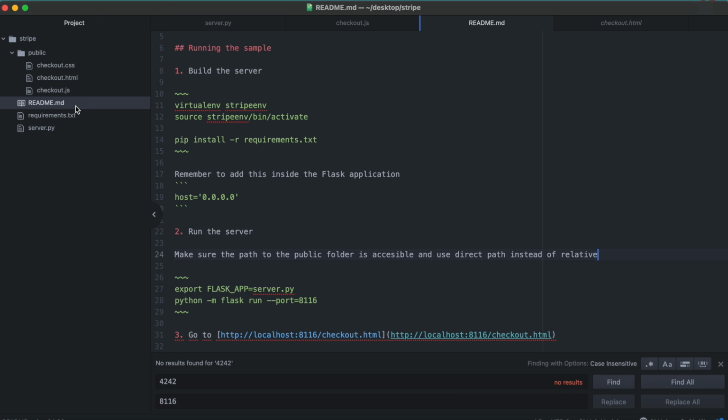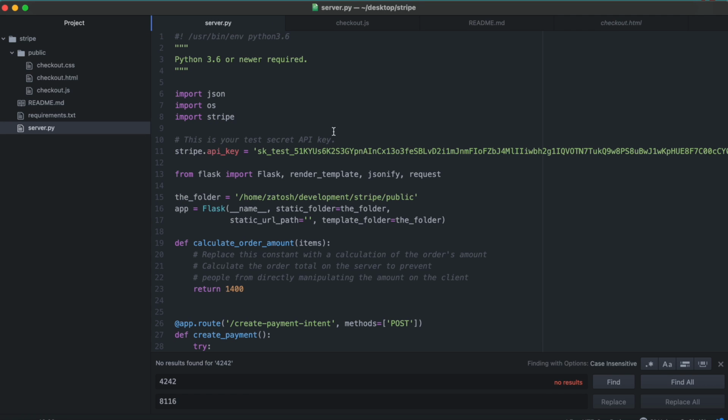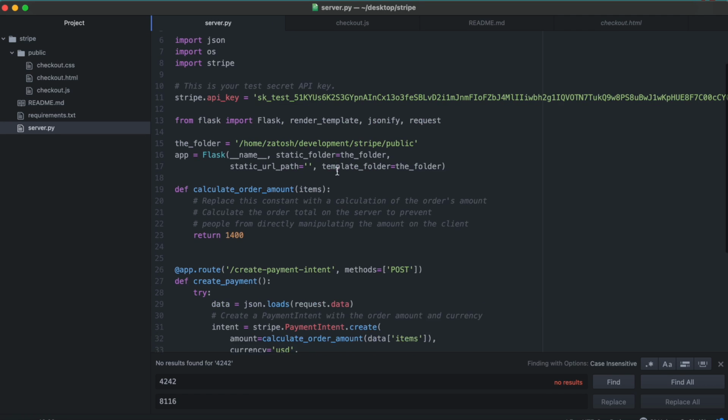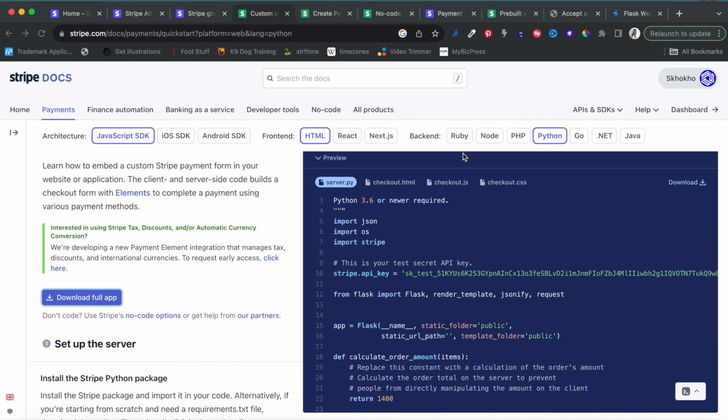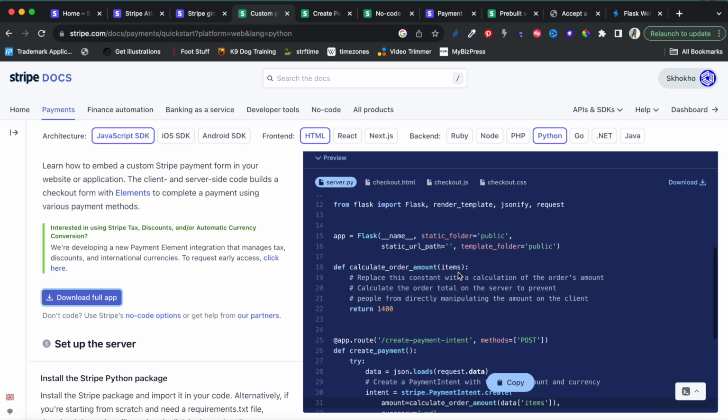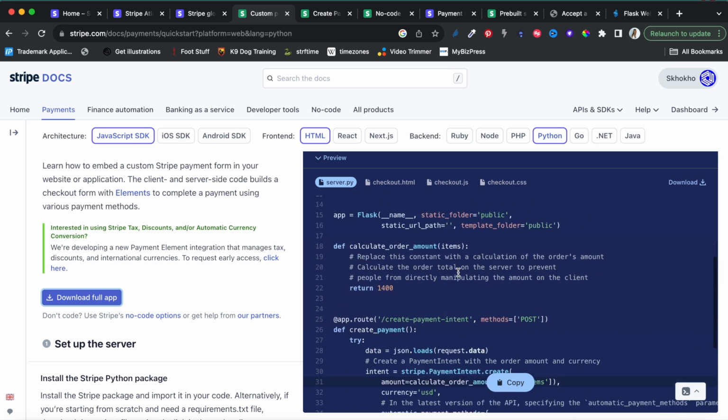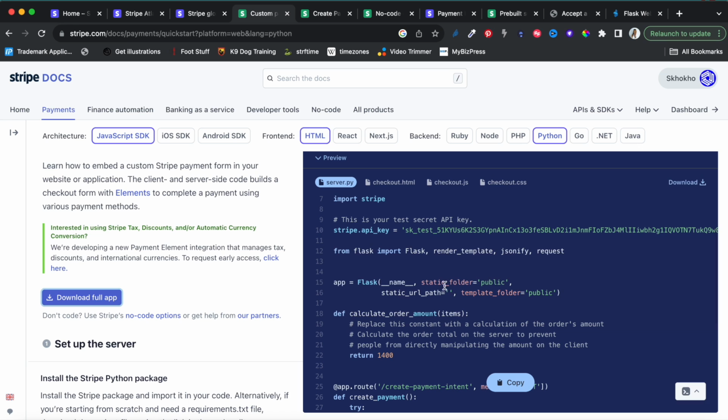One of the problems was inside of the server.py file. You can see the API key is exactly as it is. I didn't change that. But where they initiate the Flask application, if you look at the code that's provided from Stripe, the way they initiate the Flask application at the top is that they just say the static folder is public, and the template folder is public. So what I did here is I just created an actual